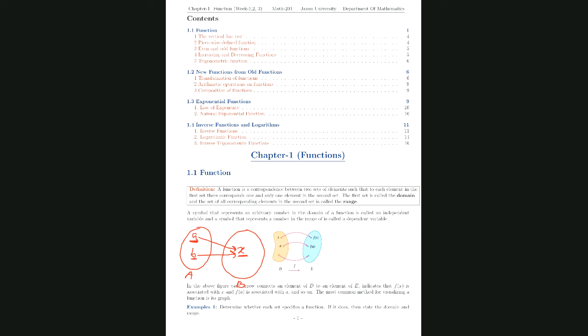So here one input A connects only to X, right? And input B connects only to X. Okay, this is a function. This is called a constant function. Each element in the input set must connect to only one element in the output set, then it is a function. So here A connects only to X, not more, and B connects only to X, not more. This is a function. Yes. Now clear?